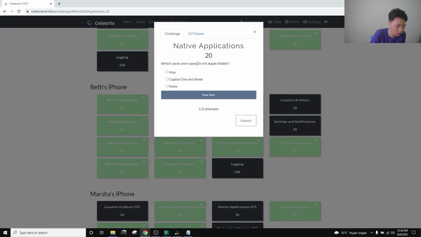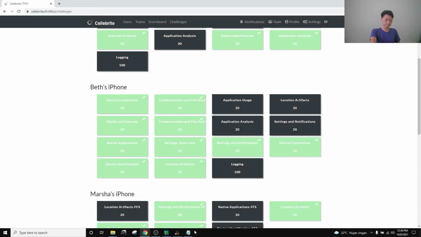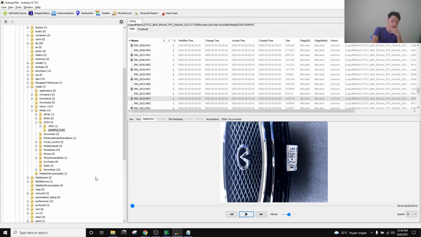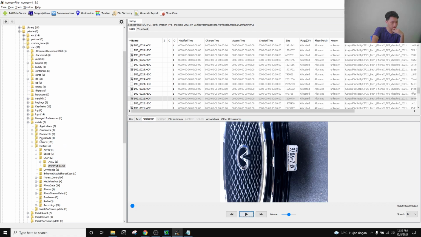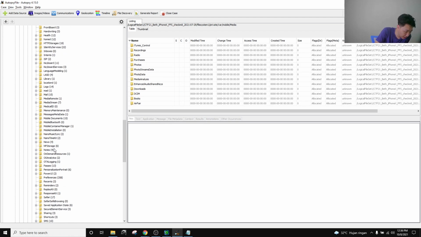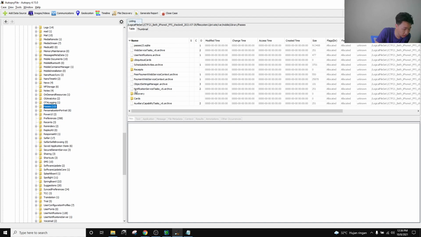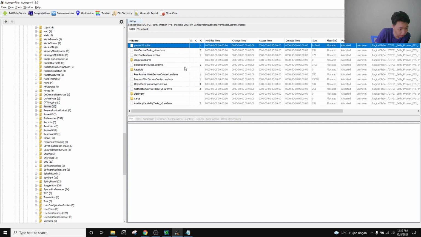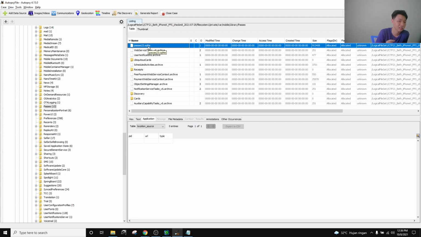That's iPhone. Which cards were saved in Apple Wallet? The artifact that will be used is the one related to Apple Wallet, of course, which is located in private, var, mobile, library, passes. This one is related to the cards. If we look at passes23.sqlite, it should store information about the cards